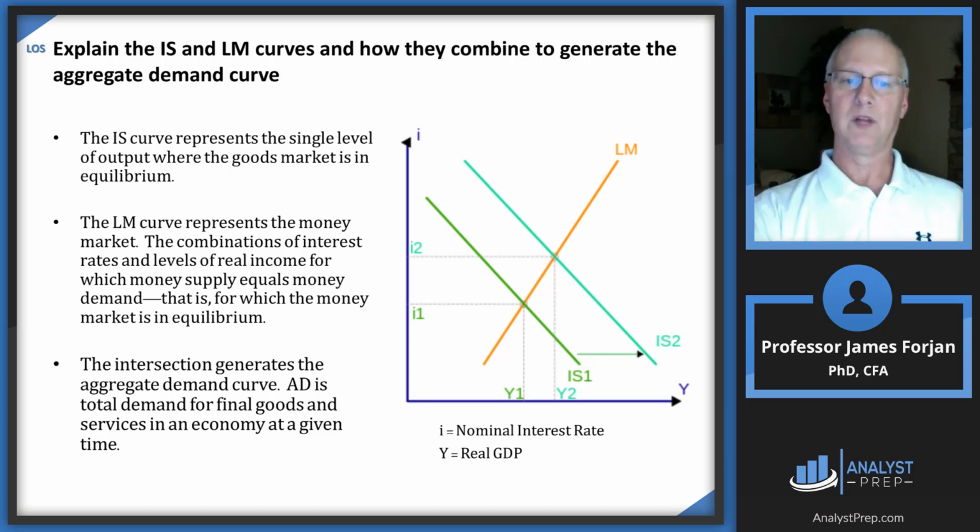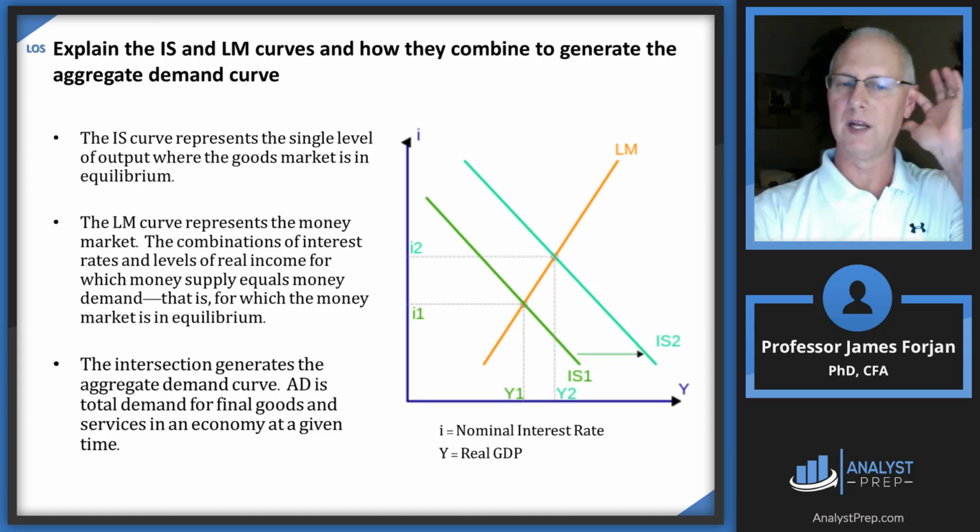The LM curve represents the money market. It's the combination of interest rates and levels of real income for which money supply equals money demand. So here is a case in which the money market is in equilibrium. And the money market can mean lots of different things, but I want you to just think of it as available interest rates that are out there. Now, the intersection of that IS and LM curve represents the aggregate demand curve, the total demand for final goods and services in an economy